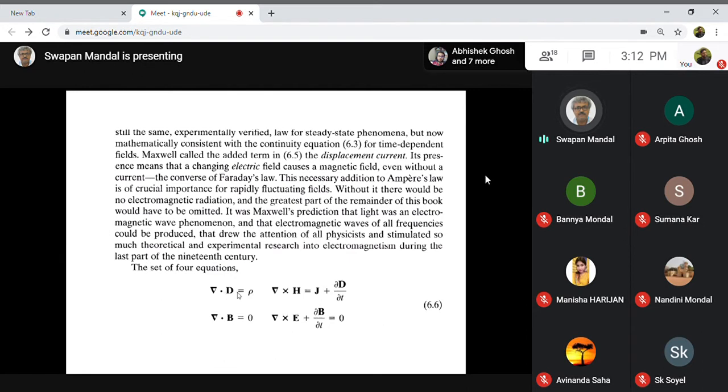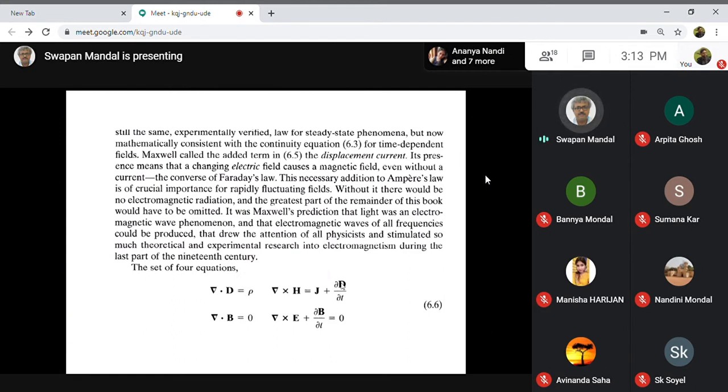So the equation will get modified like this: divergence of E equal to rho by epsilon 0, and so on. This equation you have to write as epsilon 0 del E del T, and curl of B by mu 0. Here mu 0 and epsilon 0 are constants. Mu 0 is the magnetic permeability of free space, and epsilon 0 is the dielectric constant of free space. You know the notations already. Now I am coming to these two inhomogeneous Maxwell's equations.